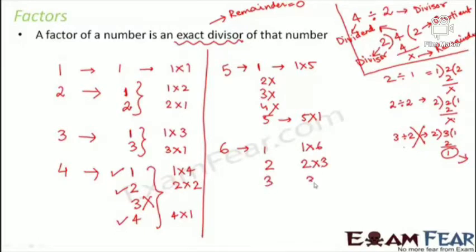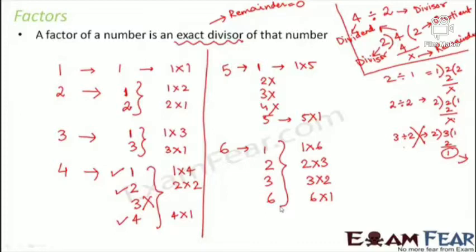3 is also a factor because 3 into 2 is equal to 6. What about 4? No, 4 is not a factor. 5 is also not a factor, but 6 is a factor because 6 into 1 is equal to 6. Therefore, 1, 2, 3 and 6 are the factors of 6. So basically, whenever we say factor of a number, that means we are basically talking about the exact divisor of